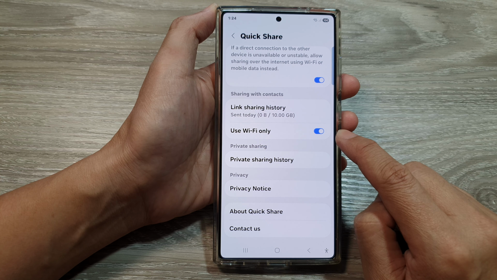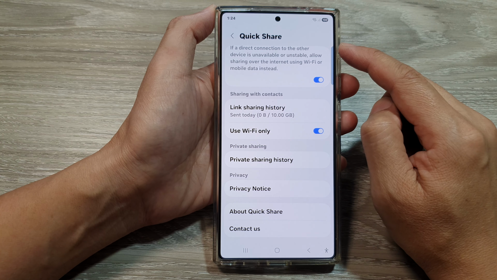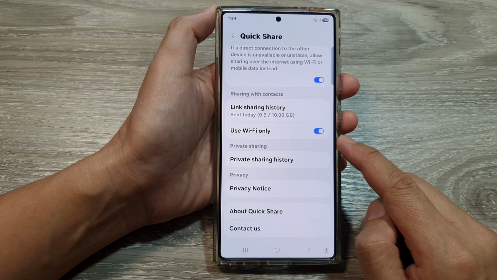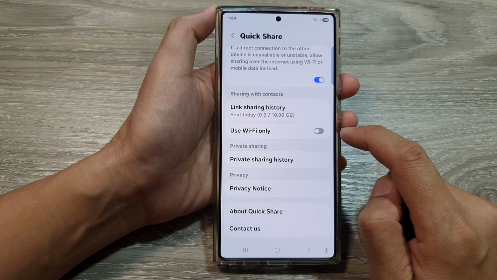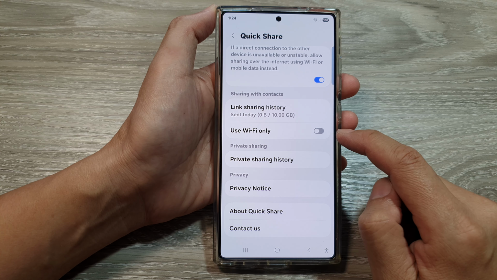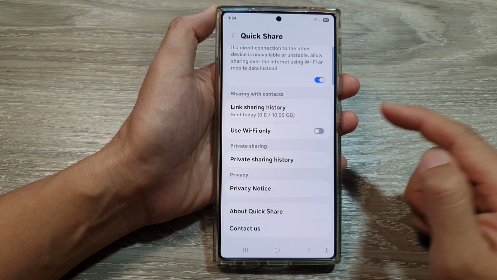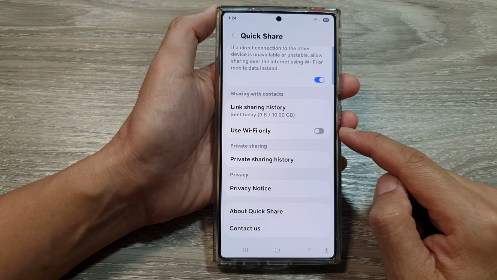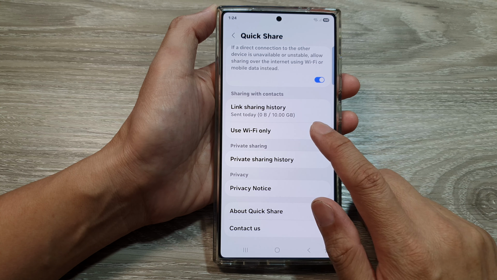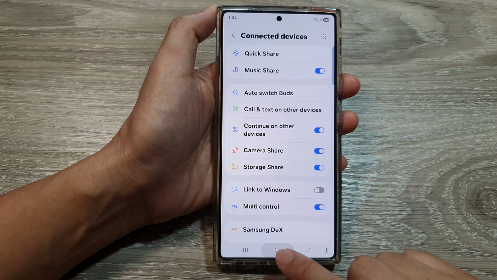Tap on the toggle button if you want to set Quick Share to use Wi-Fi only. If you turn it off, it can use both Wi-Fi and mobile data or cellular data. And that's it. After, you can tap on the back key or tap on the home button to go back